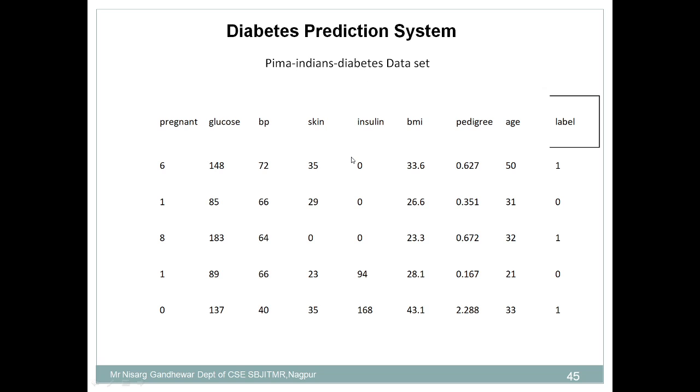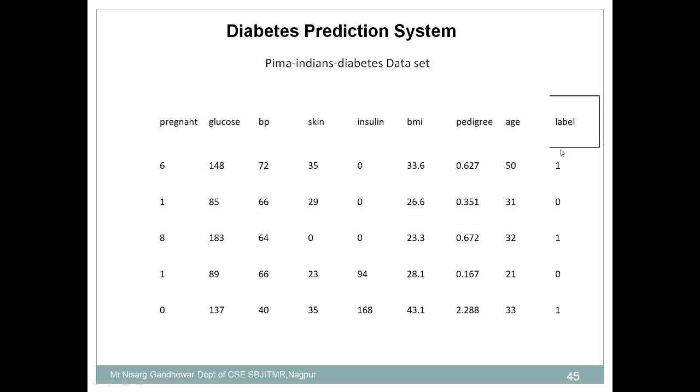It is available as a CSV file, and consists of a total of 9 attributes. The first one is pregnant, second is glucose level, then blood pressure, skin, insulin, body mass index, pedigree and age, and finally the label.